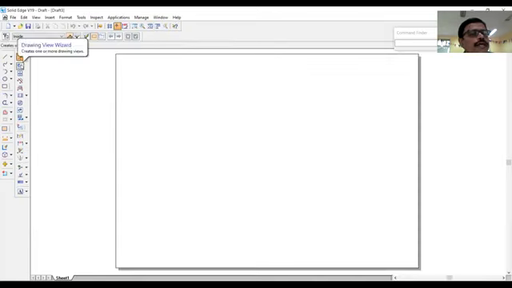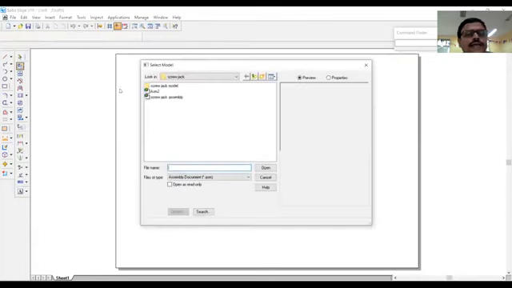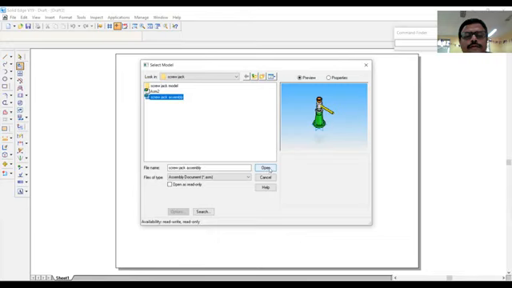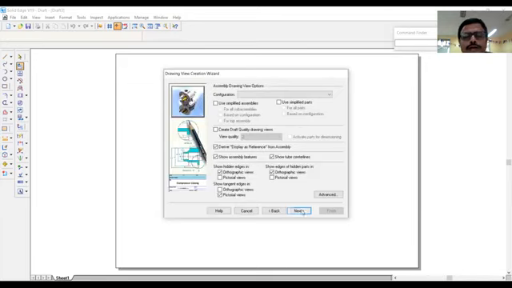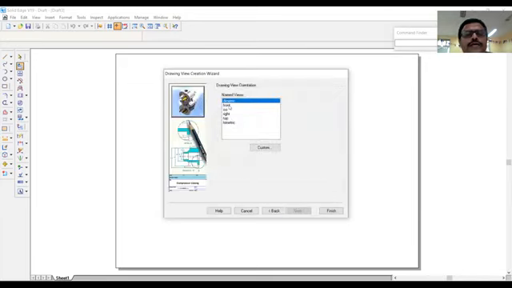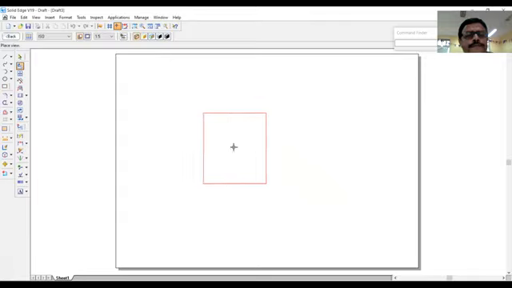Now import the model of the assembly. Open the model. Next, front, finish.